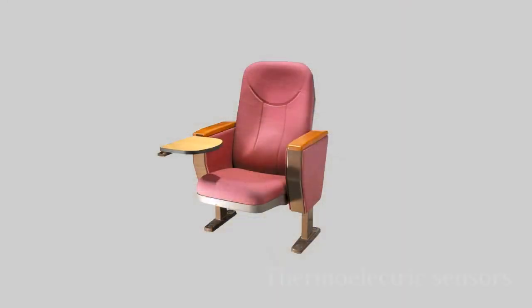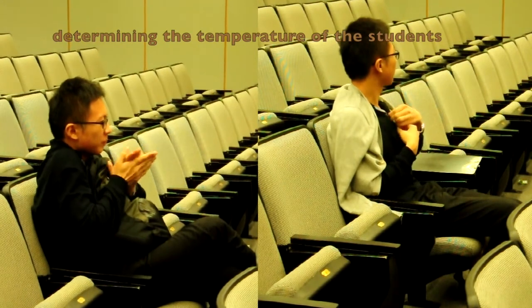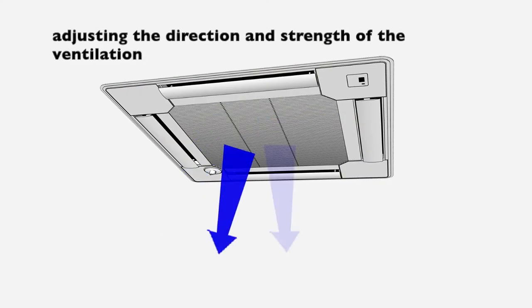In addition, we will add a thermoelectric sensor to the seats. This could determine the temperature of the student. By analyzing the data, we would be able to adjust the orientation of the ventilation and the strength of the